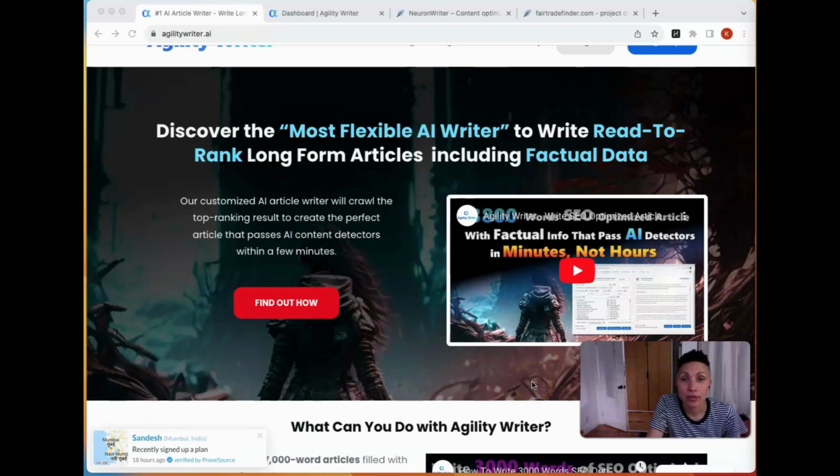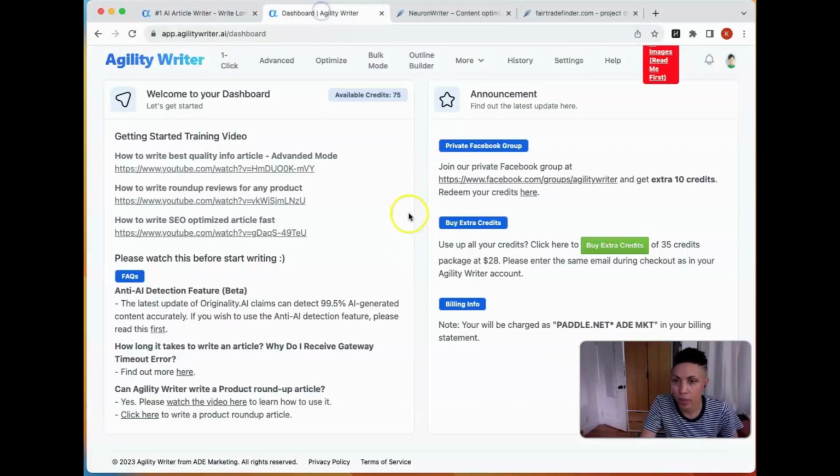So today we're going to use AgilityWriter's Product Roundup tool. We're going to create an article and then we're going to run it through NeuronWriter to see what the quality of SEO is. So starting at AgilityWriter, we're going to pop over to the dashboard and we're going to go